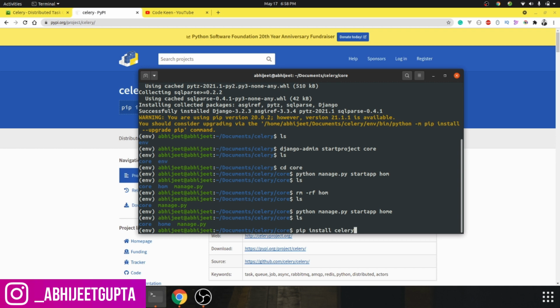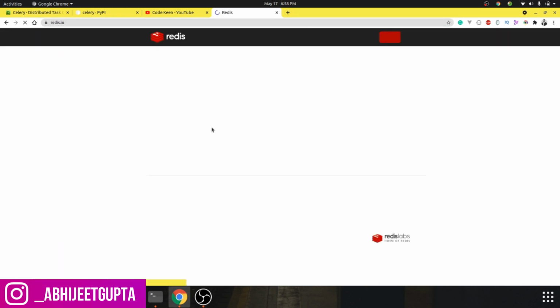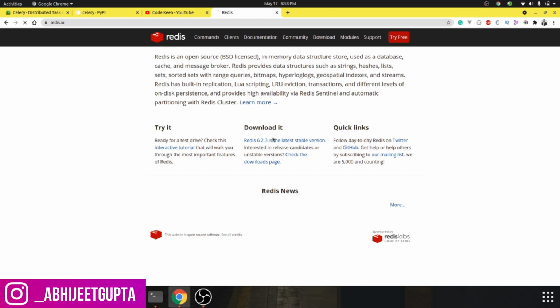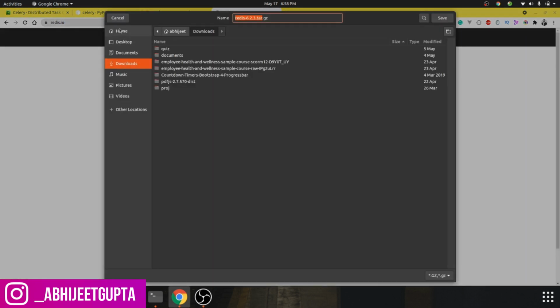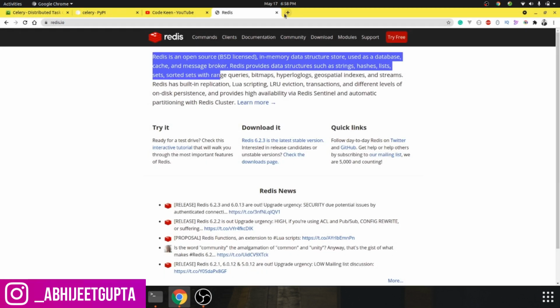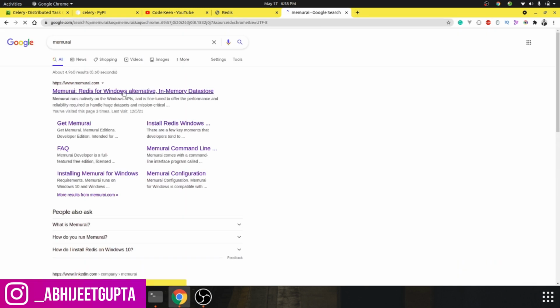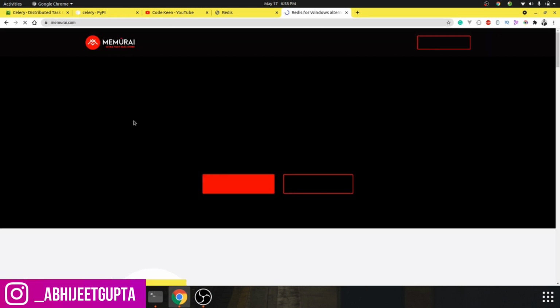Again, you have to install Redis as a message broker. For installing Redis, you can go to the Redis official documentation and install it from there. Maybe in Windows Redis may not work, so you can install an alternative for Redis like Memurai.